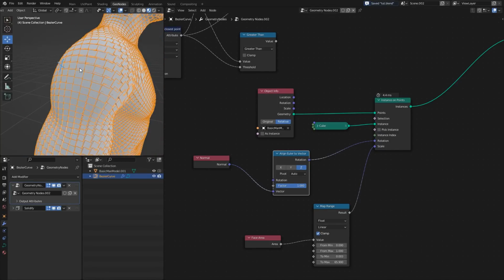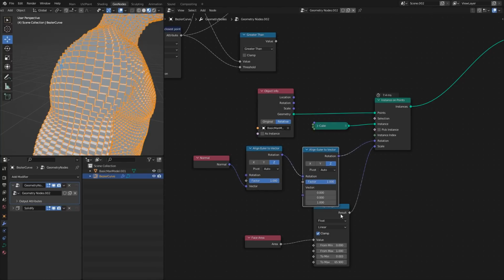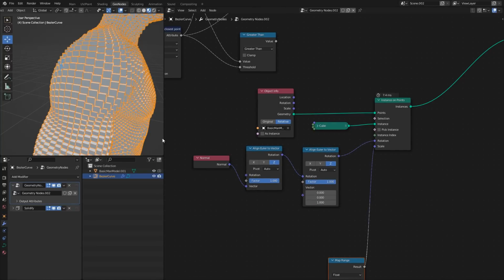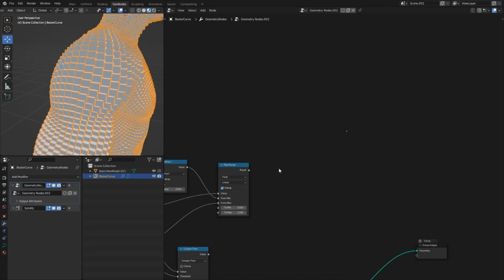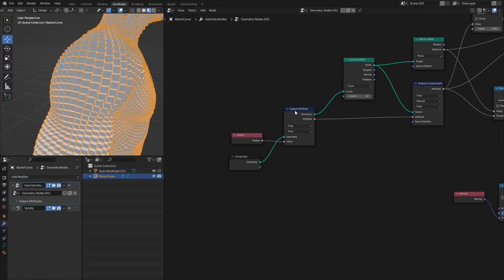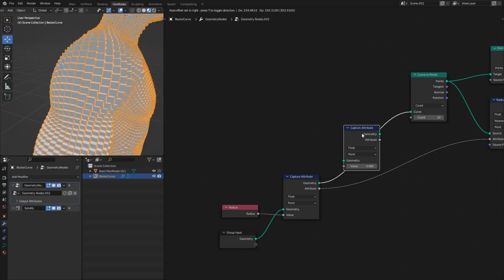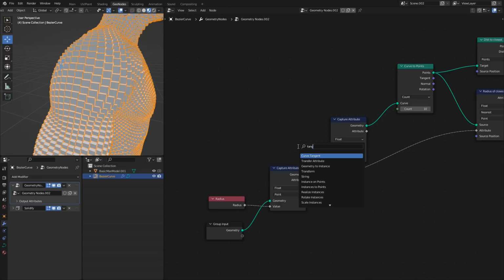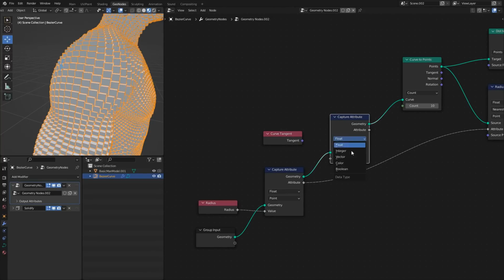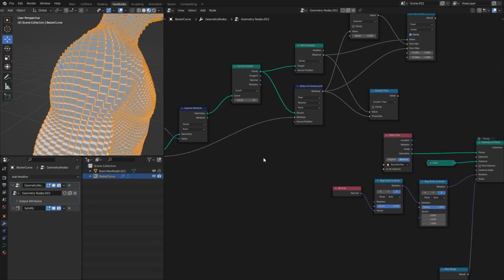However, I also want to align one more axis in order to be able to rotate things later. So another align rotation, and what I need to align with is the tangent of my curve. So remember, my curve has normals that are going away from it, just like my geometry, but it also has a tangent going towards the end, and that is at every point. So once again, I need to capture that as an attribute onto my curve to points, my point cloud. So go ahead and duplicate the capture attribute node. What we're going to capture is the curve tangent, which however is not a float, it is a vector. Plug that in, and now I have access to it